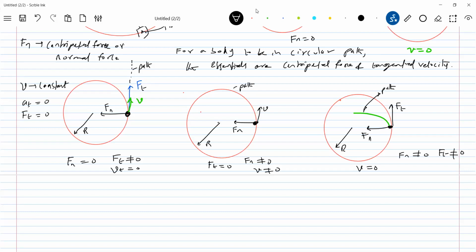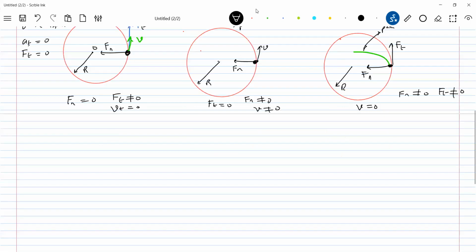The answer is no. Got this idea, no? So afterwards, when we are designing any system where you should describe a circular path, tell me what I should provide. I should provide tangential velocity and centripetal force. If these two are provided, yes, it is going to describe a circular path. Okay, got the one. So this is the basic, the foundation we are making. So let's take